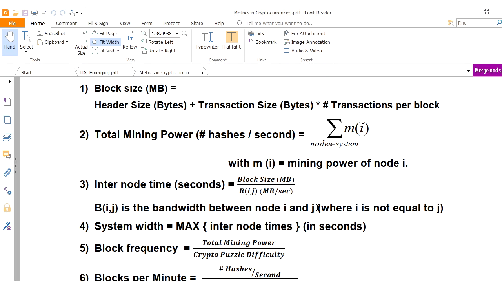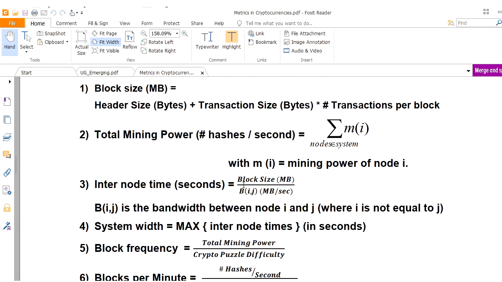If the bandwidth is low, then by the time I receive the transaction pack, realize it and start working on it, somebody with a good bandwidth might have received it first and might have done the creation of the nonce, identification of the nonce and creation of the block. So thereby I will lose it. That is the reason internode time is equally important. So this will be calculated like this.